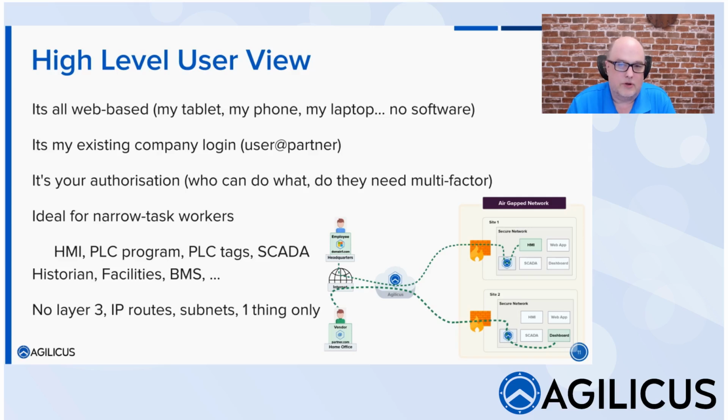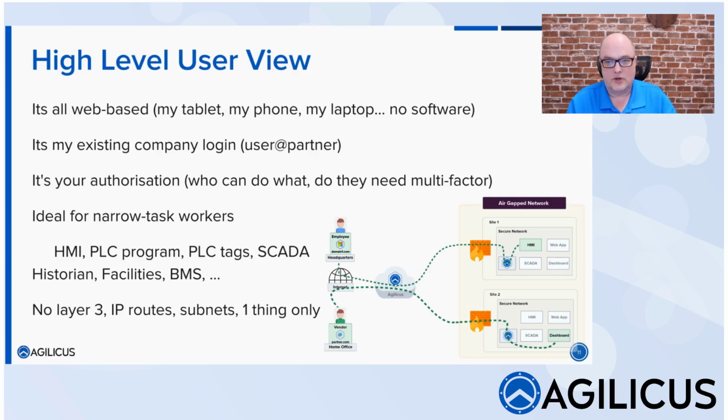I'll let you in on a secret. Every industrial plant in the world uses the same IP addresses on the plant floor. Nobody knows why. It's a mystery, but they're all private IPs. It's 10.something or 192.something. And plant A and plant B, even within the same place, they might use the same addresses. When you're using a VPN technology, you need to be on that network. So therefore, you can't be on two networks that are the same IPs at the same time because they would collide. With our system, we don't have that problem,